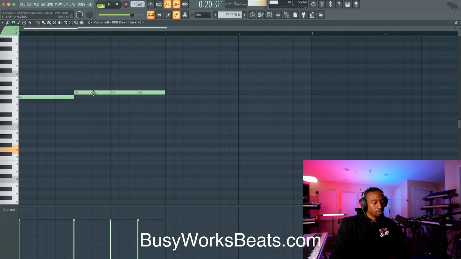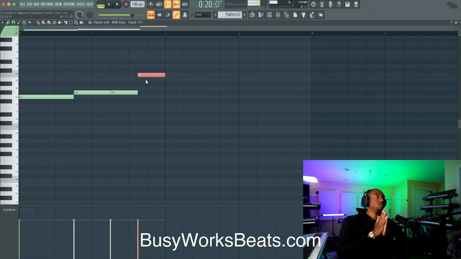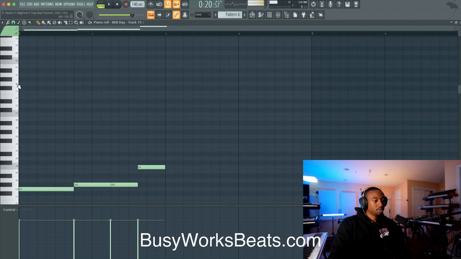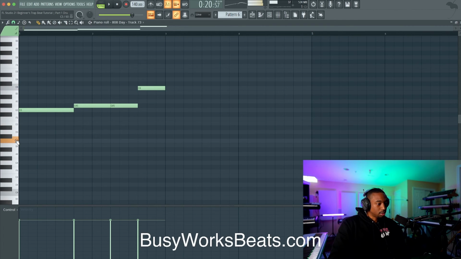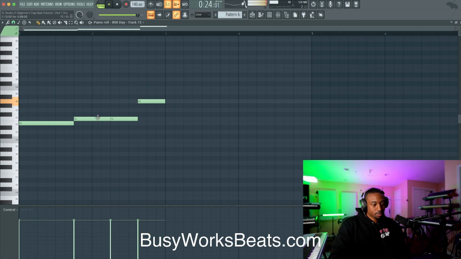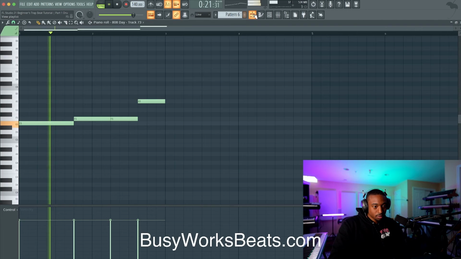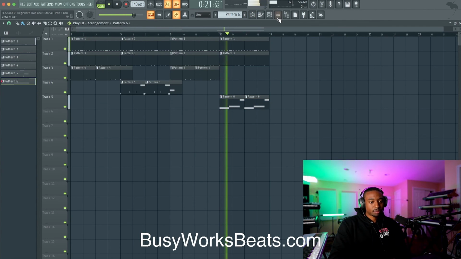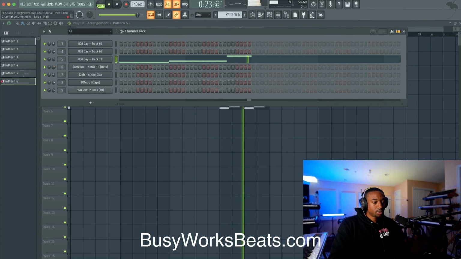Now, this is a little too low of an octave. Now, with 808s, if you play higher notes, it shortens the sample. So sometimes you play such a high note that it sounds like a little blip. It's because the higher you go, the shorter the note becomes. Lower you go, the longer. Usually E and F are the sweet spot for most 808 samples. Let's turn these hi-hats down a little bit.